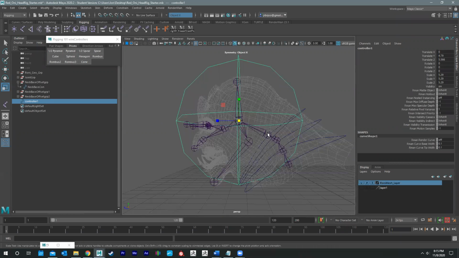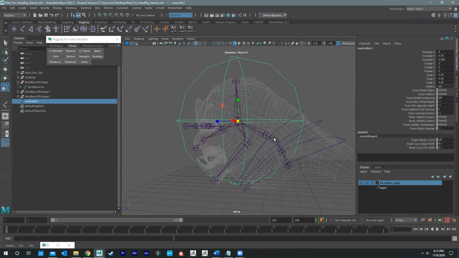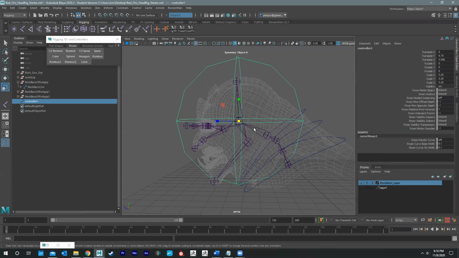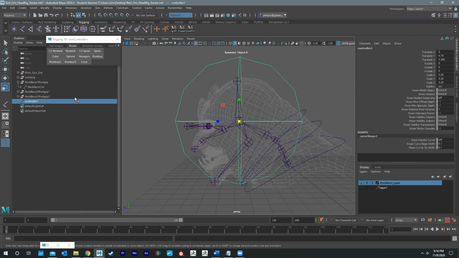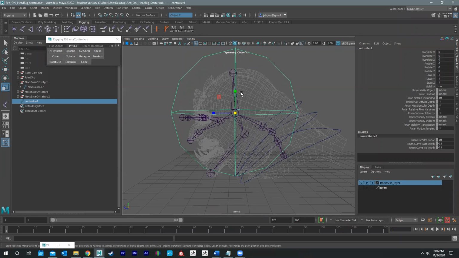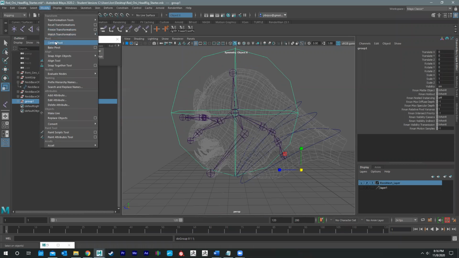It's actually going to be controlling this joint right here, but I want the shape to be big enough. Basically just wrap around his head like this. So let's go ahead and freeze those transformations, group it, center pivot,